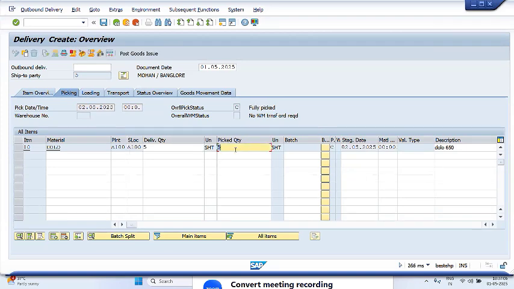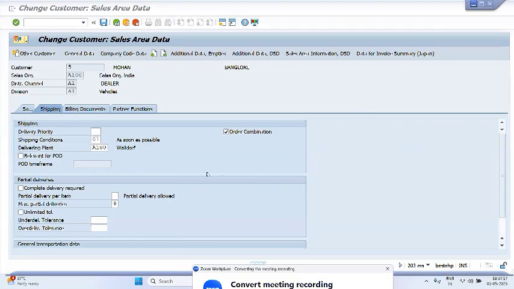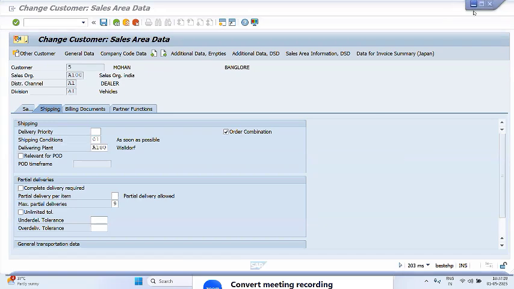Now after maintaining the picked quantity here, we need to do the PGI. If you do PGI, then only it will update in the system. So we have delivered this 5 quantity, because if you go to the MB1C screen,